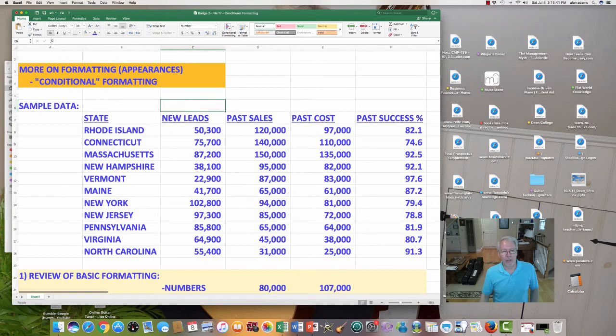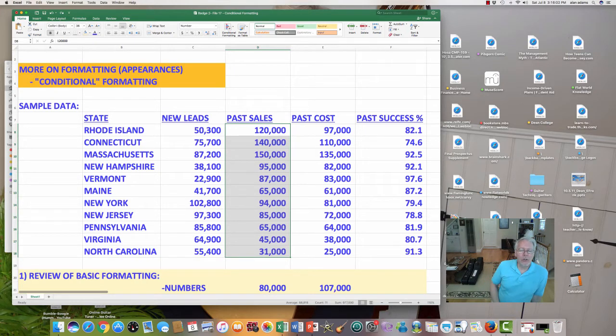We're going to look at all these numbers I gave you. I have not put these into a table or anything like that. But let's play with our sales, okay? These are past sales by state that our company has generated, okay? You can see that most of our business is in Mass, Connecticut, and Rhode Island in that order, the highest sales numbers. Okay, now, what conditional formatting means is depending on certain conditions, hence the name, that you give it,